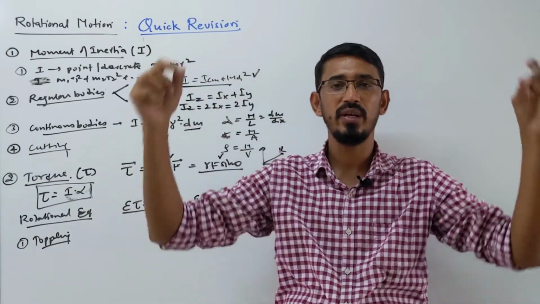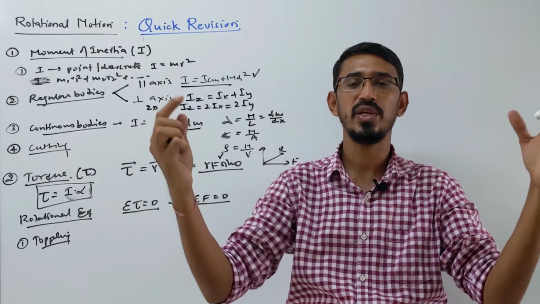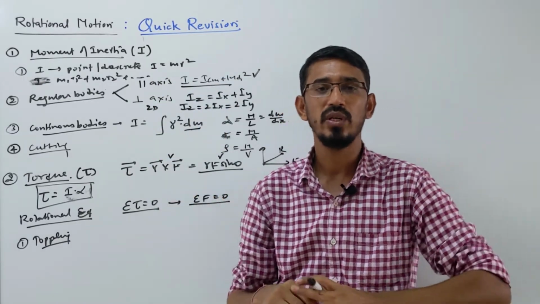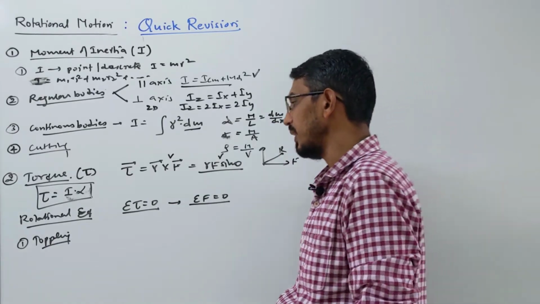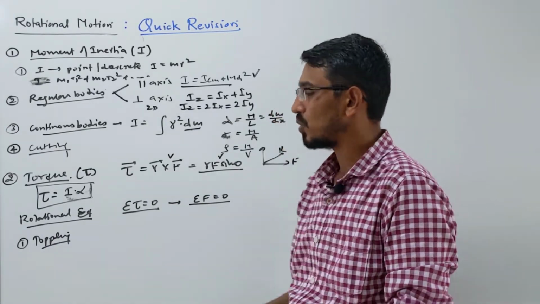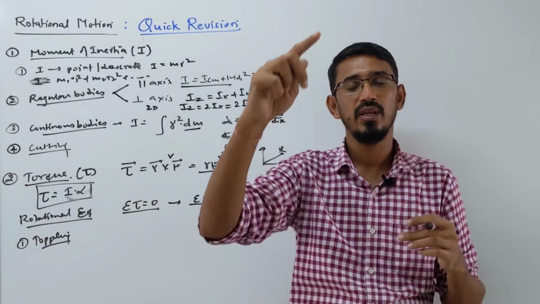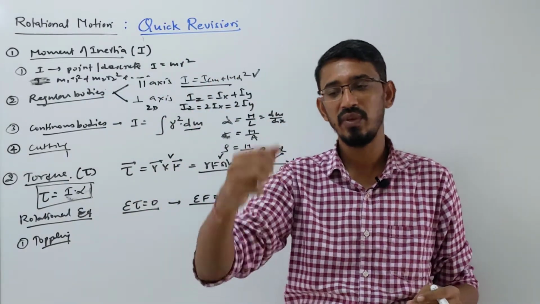Then you see the equilibrium of rods, right? The rod is held by 2 strings, and we have to find the tension in the strings, or it is supported by some bases from below, or a man's shoulder. These questions we have done, right? Apart from this, we have done questions on regular bodies, like a disc or a ring, and some cord or string is wrapped around it, then we pull that, right?